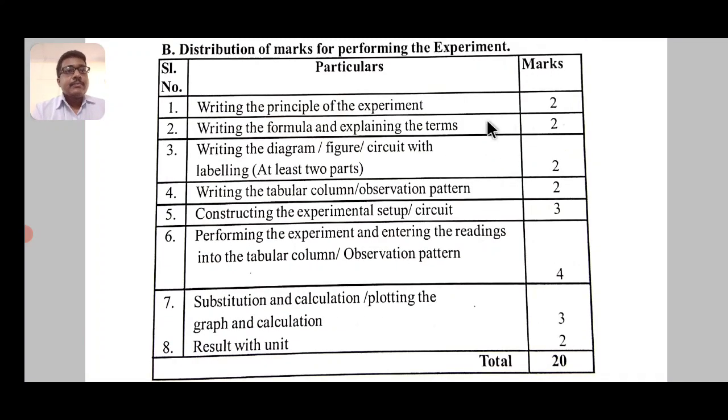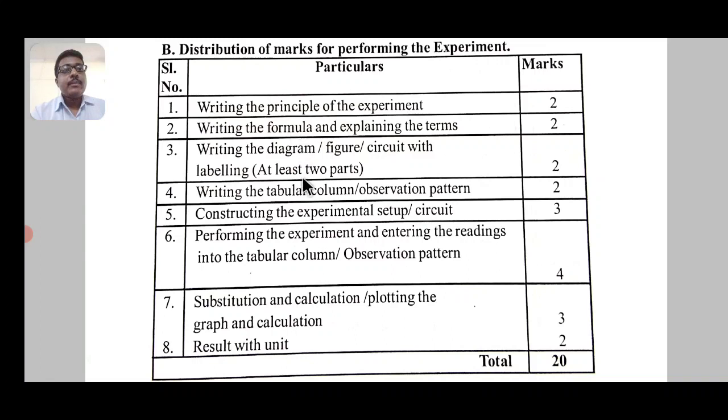And finally, I would like to tell that in any experiment, you have to be first perfect with the diagram. Unless you know the diagram, you cannot do the experiment. So once you know the circuit diagram or the ray diagram, you will have a brief idea of how to perform the experiment. So first and foremost, all of you should practice the diagrams. So if you know the diagram, then half of the job is done. Further, once you know the diagram, then practice the related tabular column and observation as well as the related formula.